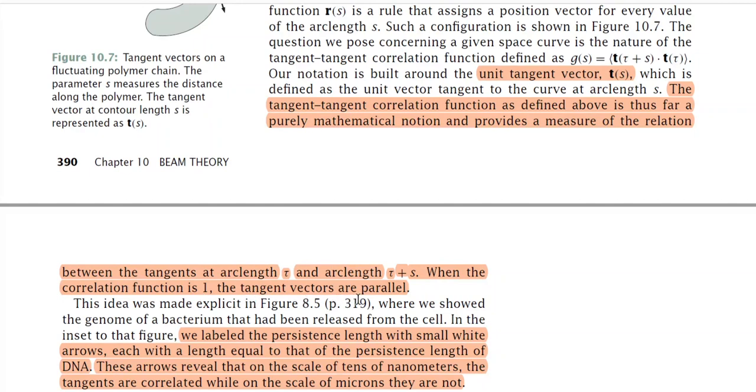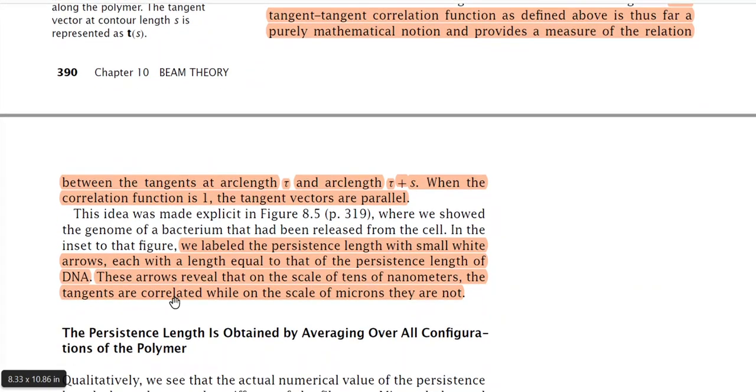That is when the dot product is like this. We know the magnitude of both vectors is 1. So, 1 dot 1 into cos theta, but when theta is 0, the value of GS will be 1. So, when the angle between the tangent vectors is 0, or rather we can say that they are parallel, then the value of GS will be 1, then the correlation function is 1. So, when the tangent vectors are parallel, GS will be 1.